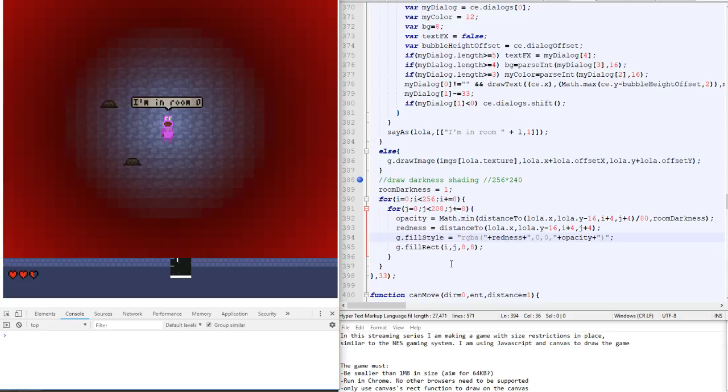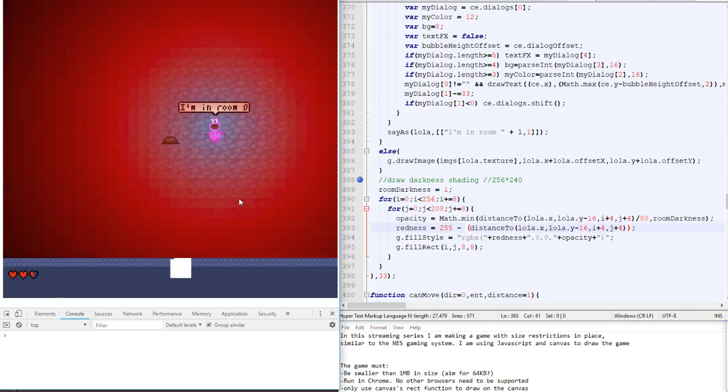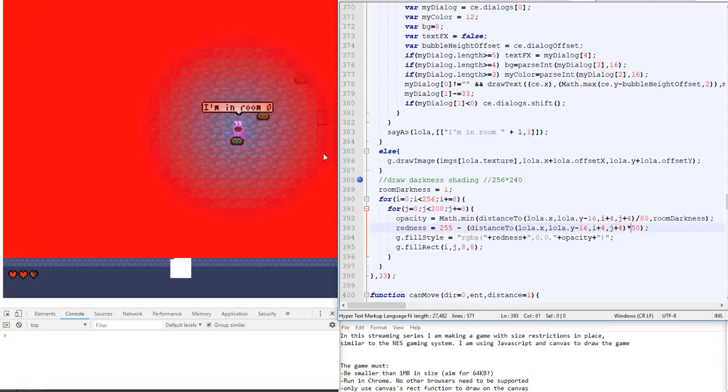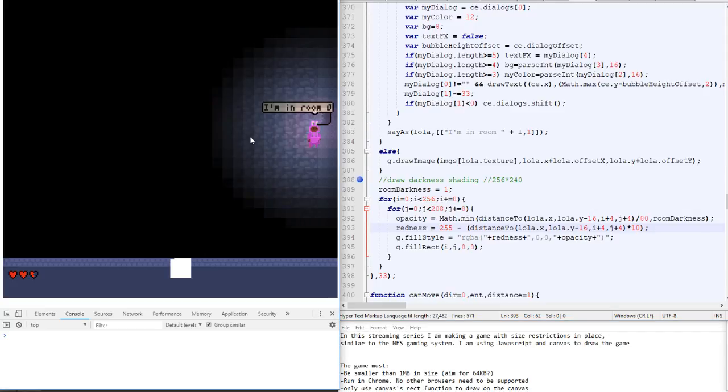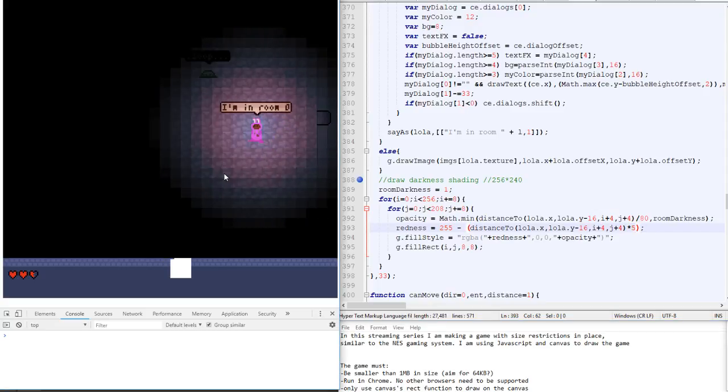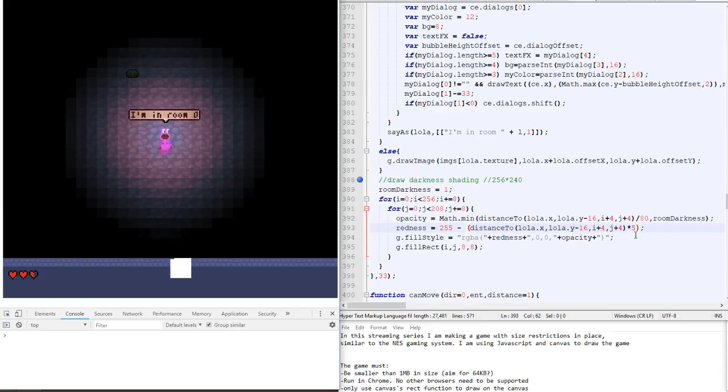Distance to Lola. You want it to be reddest at her point. How do I, like... Ugh. Okay, I think we're getting somewhere. That kind of works, sort of. Obviously, part of the problem is that the color of the tile is based on the opacity, so it's gonna...